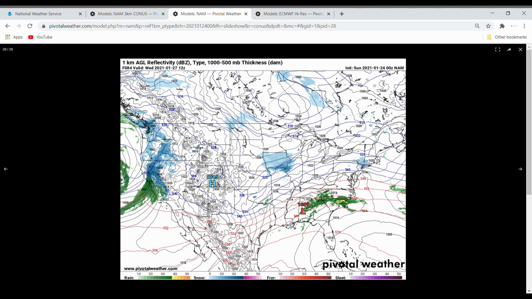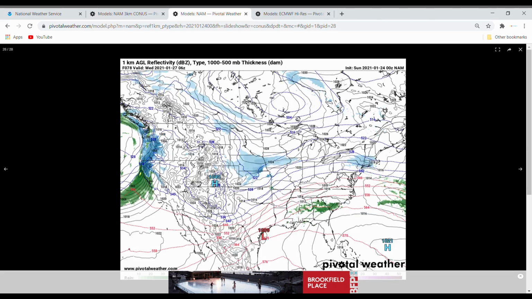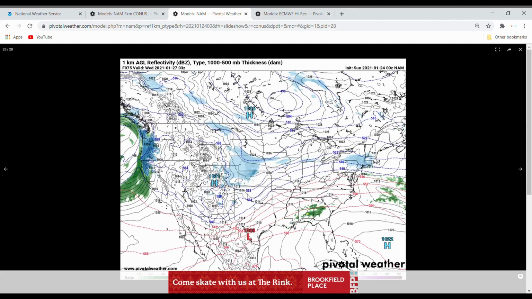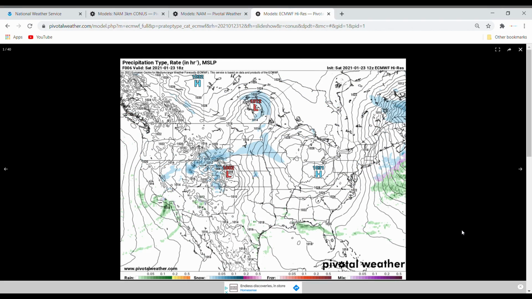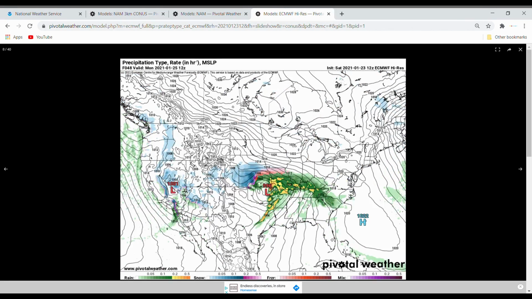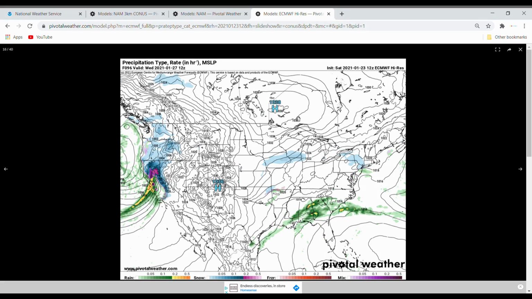Now, this section in particular will be the main reason why areas such as southern New England, parts of southeastern New York are back into the snowy side of the storm. Originally, they were excluded, having the cutoff in New Jersey and Pennsylvania. Now we have a broader area a little bit further north, just because that back end lingers in those spots. So let's go on to the European model. You can see kind of the same thing here, but it does have that back end a little bit weaker.